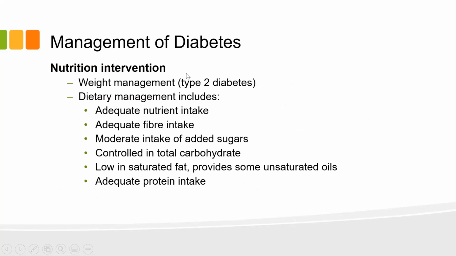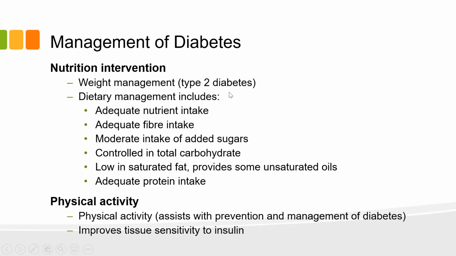So as I mentioned, usually with diabetes, type 2 anyway, the goal is to manage it by trying to encourage the person to lose weight, and mostly controlled by diet, right? So not having intake of added sugars, and trying to get lots of fiber in their diet, and not eating a lot of high glycemic index foods. Physical activity, always a good thing. And in fact, some people who are type 2 diabetic can actually reverse it by losing weight and getting physically active. And so usually that's also part of the management of type 2 diabetes.